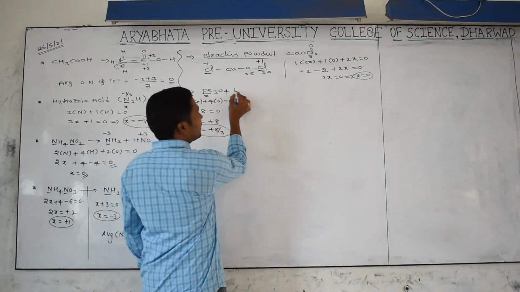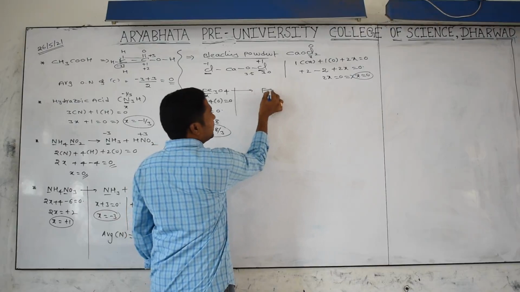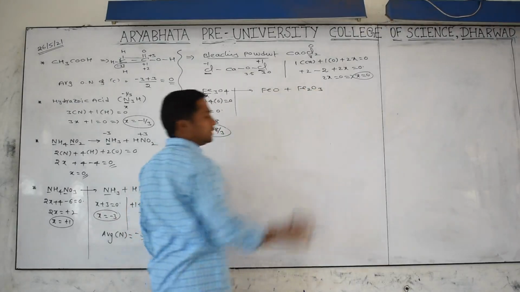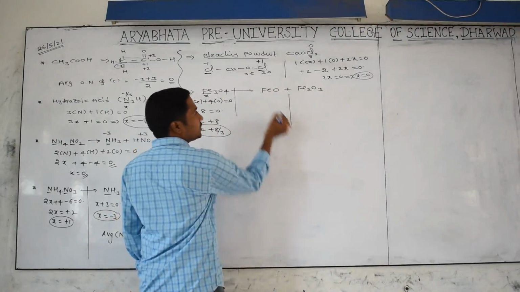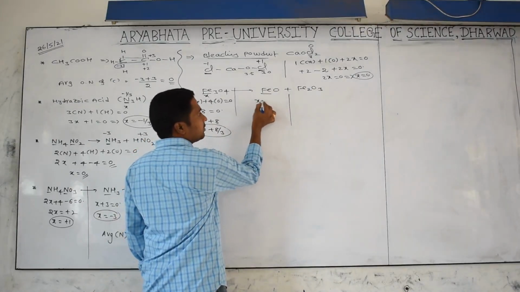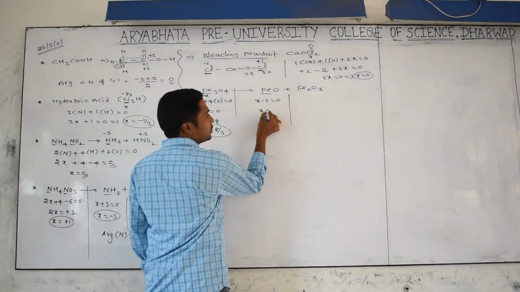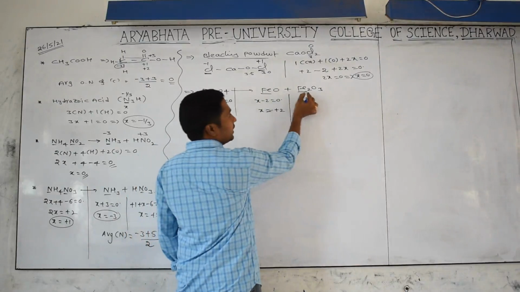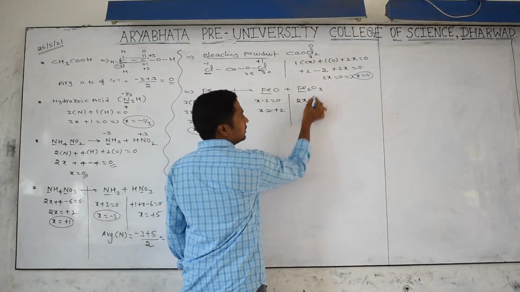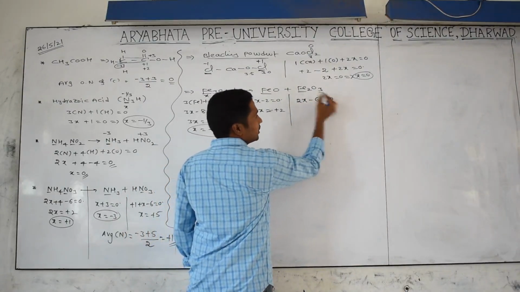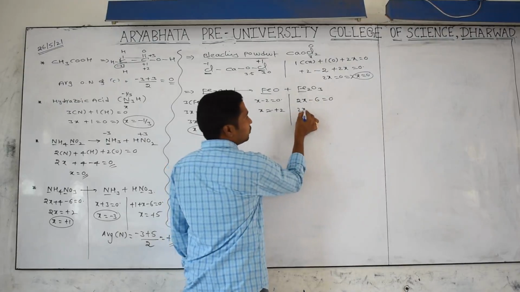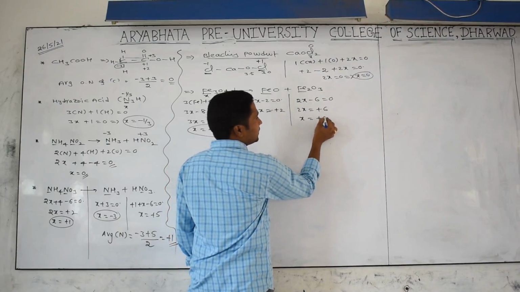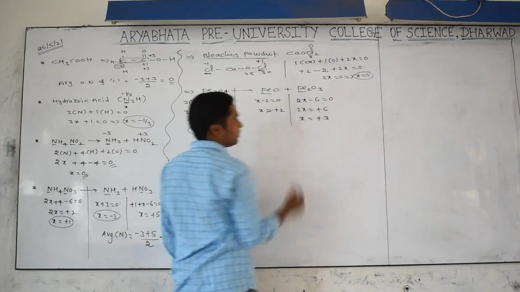And I want to find out how it is individually. It becomes like FeO and Fe2O3. I want to find out the oxidation number separately here. x minus 2 is equal to 0, then x is equal to plus 2. Here how many irons are there? 2 irons, 2x, each oxygen minus 2, 3 times minus 2 is minus 6. Then 2x is equal to plus 6, then x is plus 3.